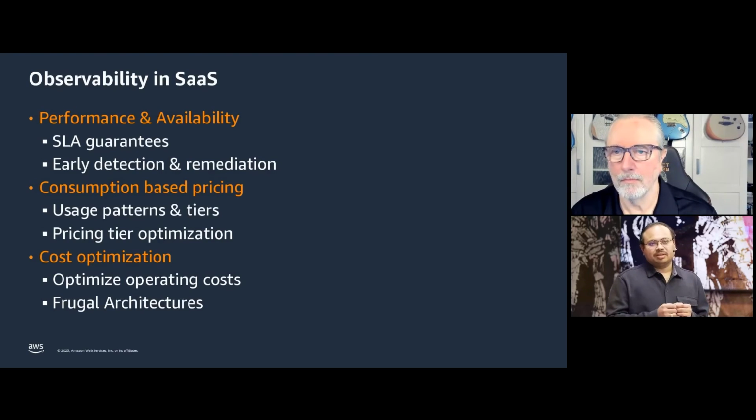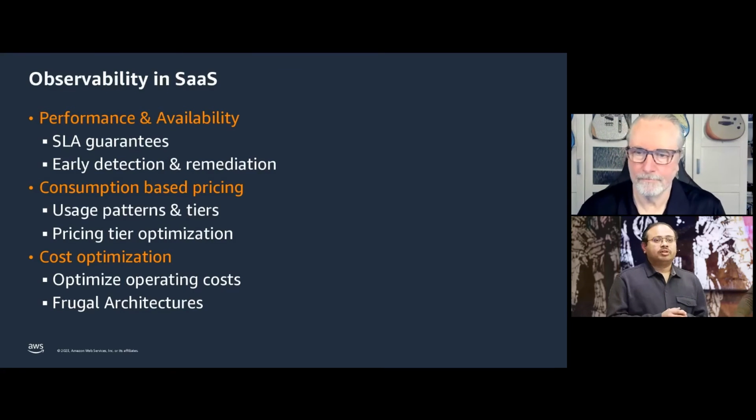Specifically, I'm talking about this in the SaaS model because you have the responsibility to operate the applications for your customers. You also have the possibility that, say you're using a pool model for a set of services, a small issue can impact not one customer, but thousands or even tens of thousands of your customers. And again, tying back to business,